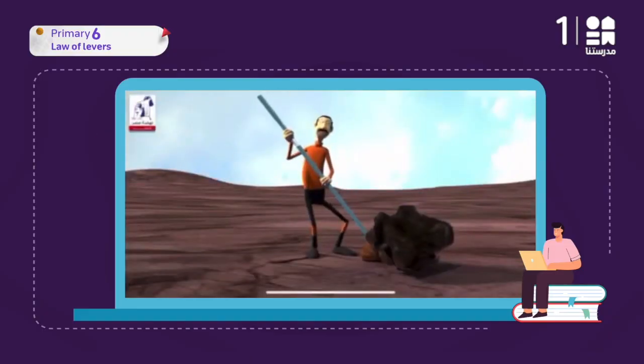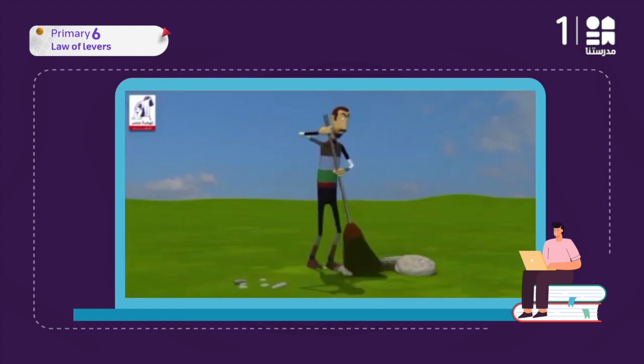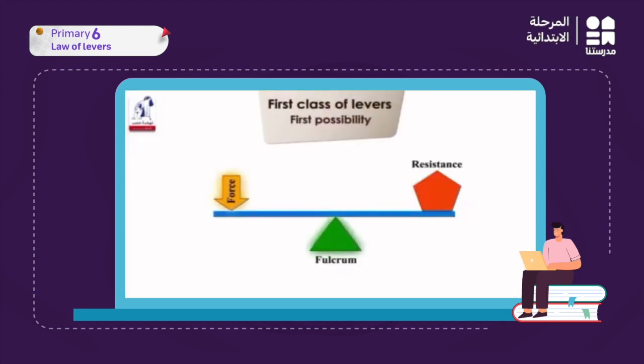Levers are simple machines that help us to make our life easier. Most of them conserve effort, while others do not. The law of levers is the effort force times its arm equal to the resistance force times its arm. This law can be applied on the three classes of levers to discover which type of levers conserve effort and which do not. In the first class of levers, fulcrum lies between resistance and force, so we have three possibilities